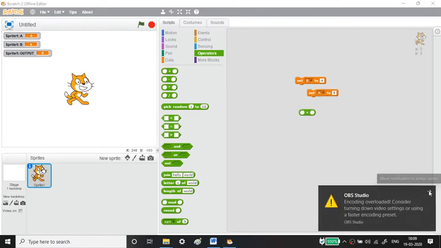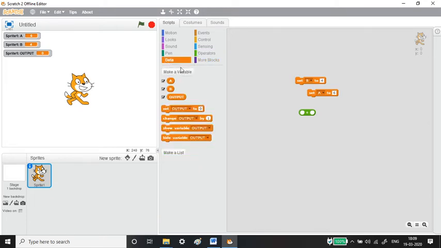Let it be. Let me take this output and place this reporter block, where I can just place 6 and 4. So this output should display 10, right? See here, can you see it displayed 10?